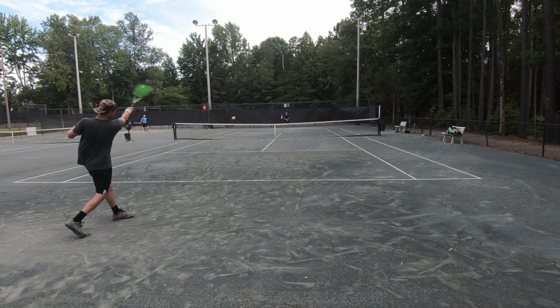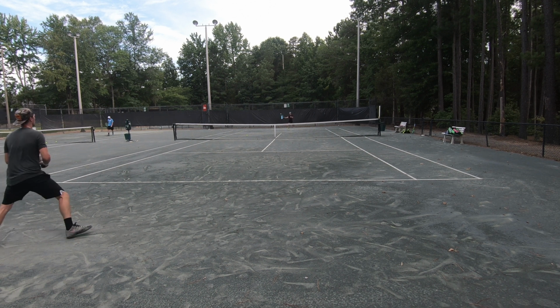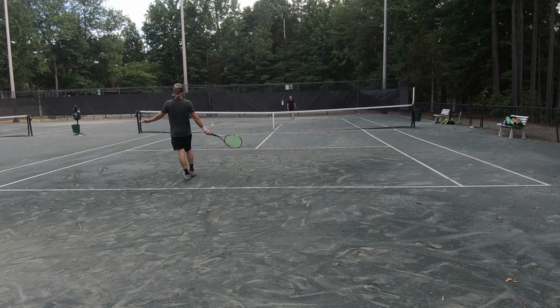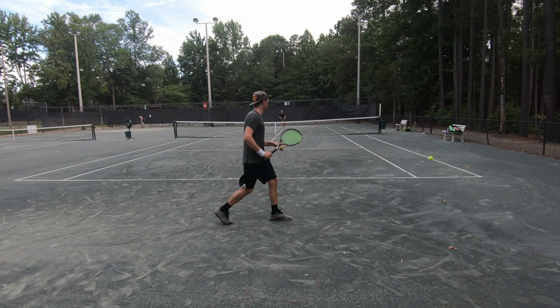Based on groundies, you could just go full swing, even at 43 pounds for me. And I have to go full racket head speed to really get that big heavy ball out of it. Short balls, probably the hardest ball for me is short balls, because a lot of times I kind of,